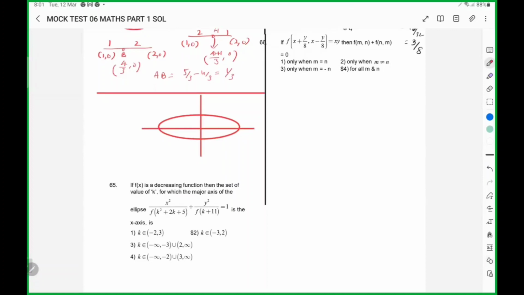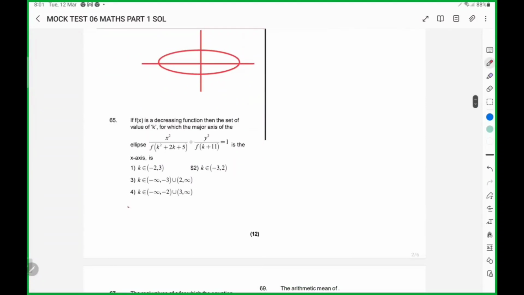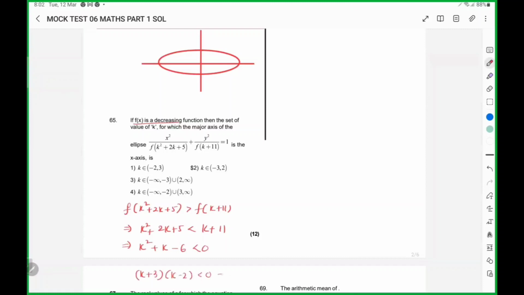So here from this I can say f of k square plus 2k plus 5 is greater than, since he told decreasing function, functional values are greater, k square plus k minus 6 less than 0, k plus 3 into k minus 2 less than 0, which implies k belongs to